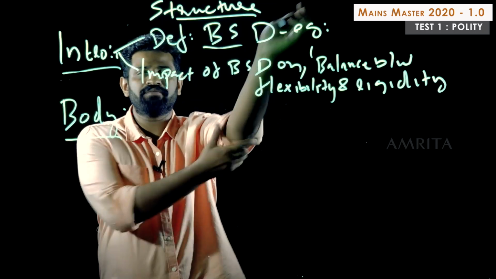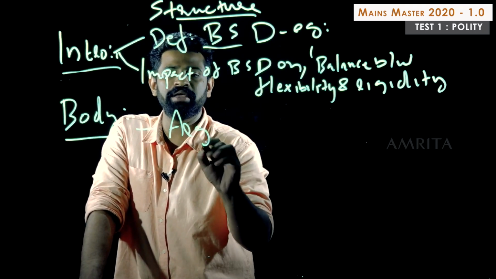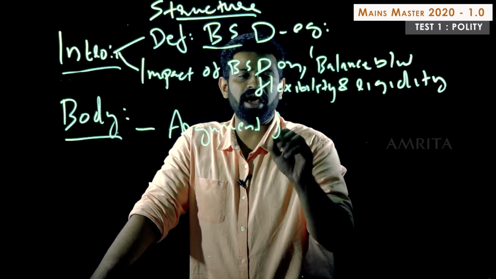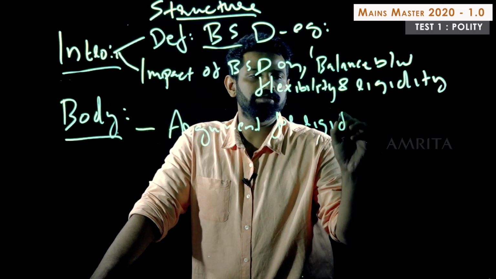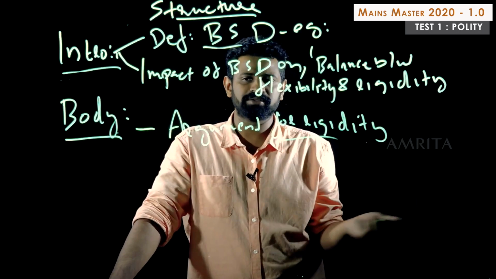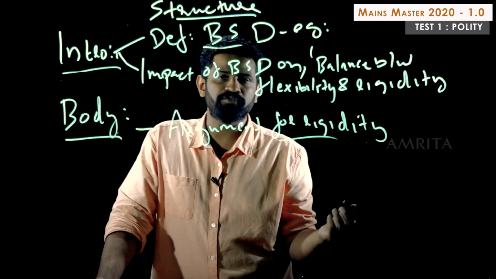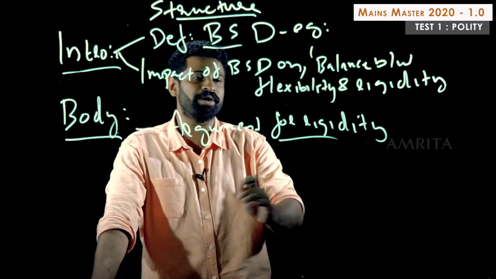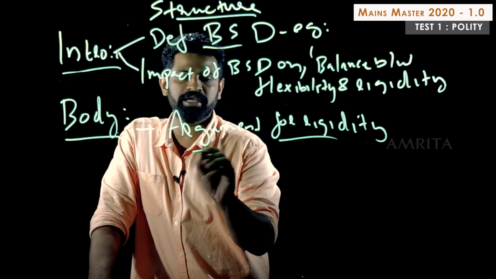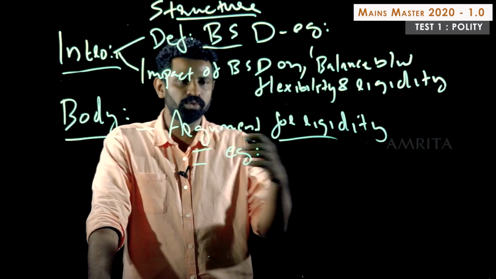So I would say you can have two major headings in your body paragraph. One could broadly be thought of as argument for rigidity. So I don't think you have to even write these headings, and it's fine if you write this also, both is fine. Here you have to focus that you should be putting very few points in the argument for rigidity, right? But in the next stage, we should be putting more points. So here, maybe you could put 2 points. Example is very important. You close it down.